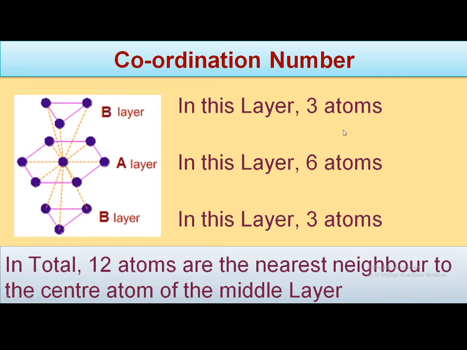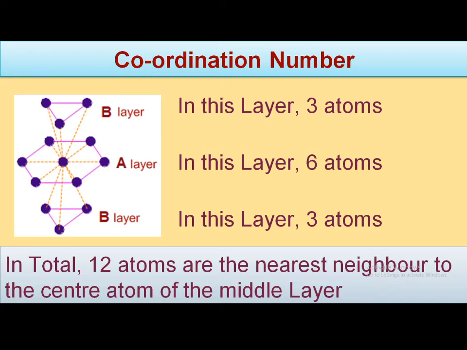When we talk about the coordination number, it is the number of nearest neighboring atoms to a particular atom in the atomic structure, the packing structure. So if you take these 3 layers, one is the A layer, which in the previous case we have seen as the top and bottom layer, and the 2 B layers, which are the mid layers. So if you take the adjacent 2 unit cells, the top layer of one is behaving as the bottom layer of the other unit cell.